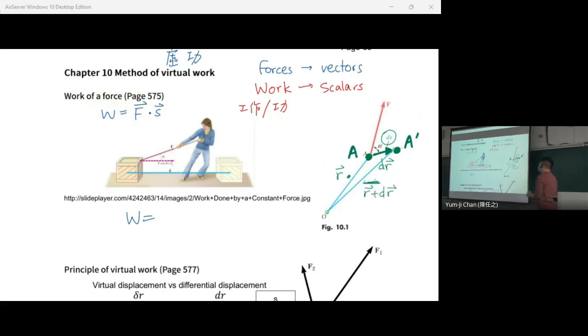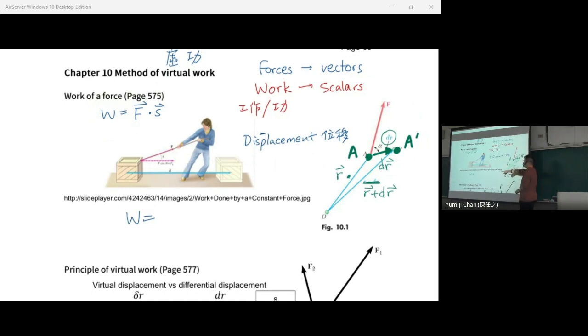Now, of course, the displacement or the motion. Have you heard of this word? I'm not sure. Let me write it down. Displacement is 位移. Displacement. If the displacement from A to A prime is dr,